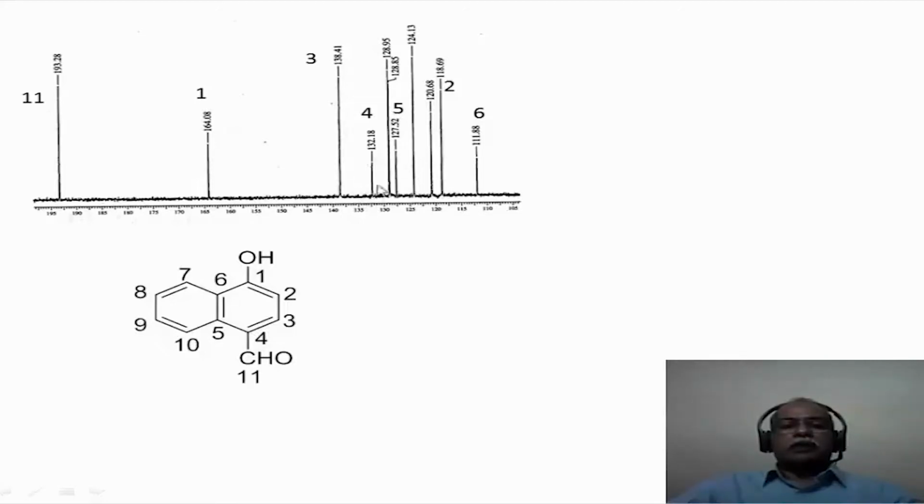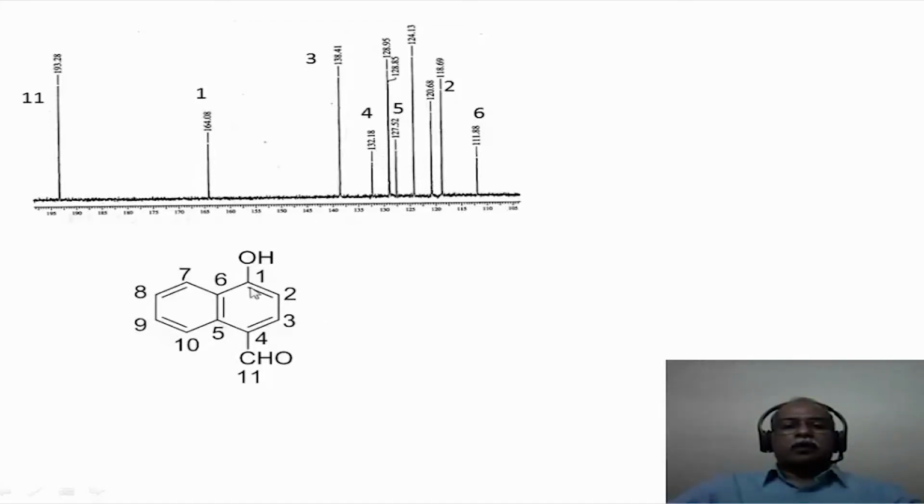the less intensity. This is a quaternary carbon. This is also a quaternary carbon. There are 4 quaternary carbons, carbon 1, carbon 4, carbon 6 and 5. So this less intense peak can be assigned to the quaternary carbon. The more intense peaks can be assigned to the carbons bearing the CH. So using that logic, one can assign 1 and 4 to peak number 164 ppm and 132 ppm. Peak 5 and 6 can be interchanged.